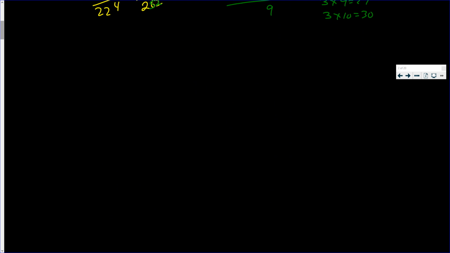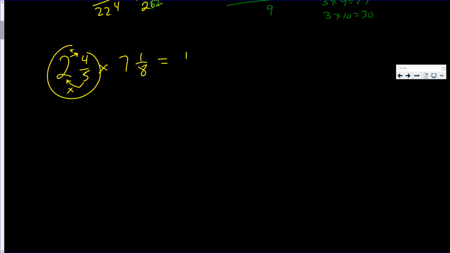Convert the mixed number to an improper fraction, and then do the multiplication. If there are 2 mixed numbers, convert both of them. What do you get if you multiply these numbers? Well, this number, 5 times 2 is 10, plus 4 more